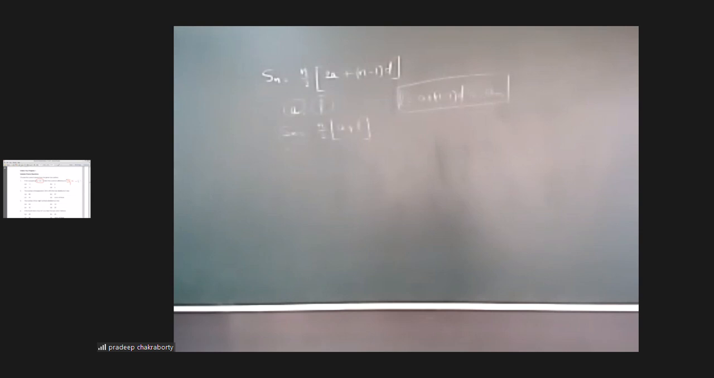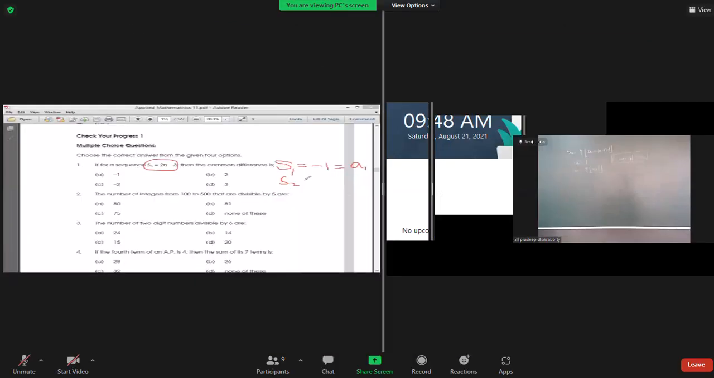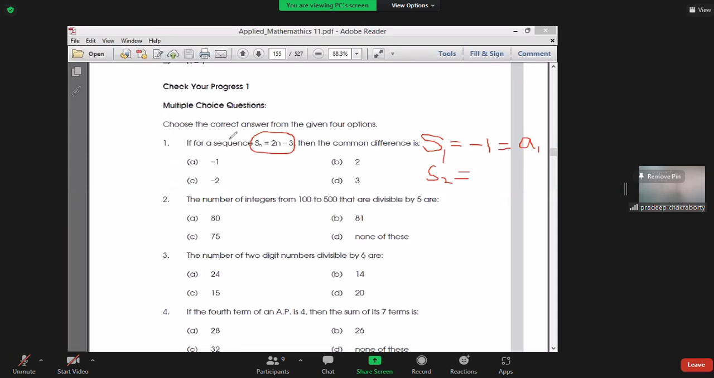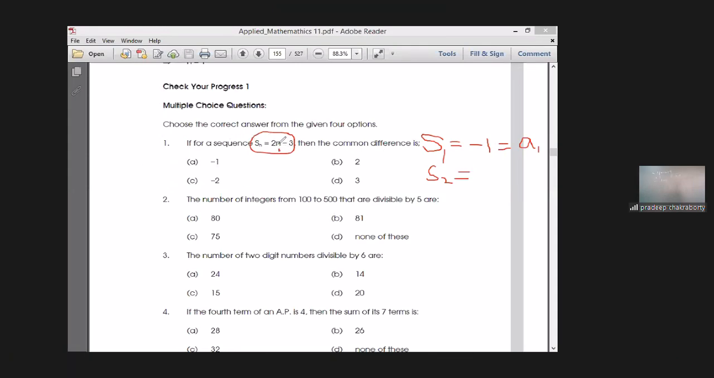So S1 is nothing but A1. Whatever S1 is, that is nothing but our A1, the first term. A1 or you can write A, both are the same thing. Then you can find S2. In this n, you put 2, so it is 2 times 2 minus 3, that is 1. S2 is 1, but remember S2 is